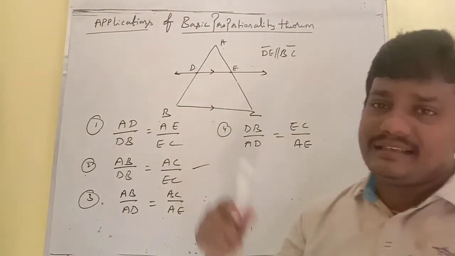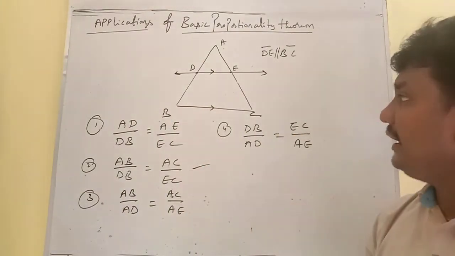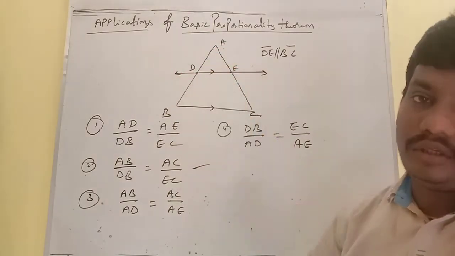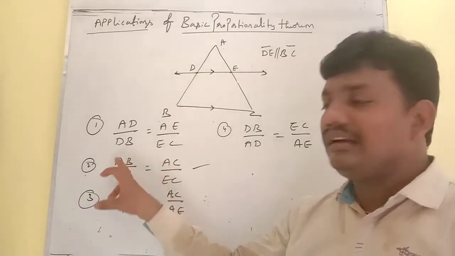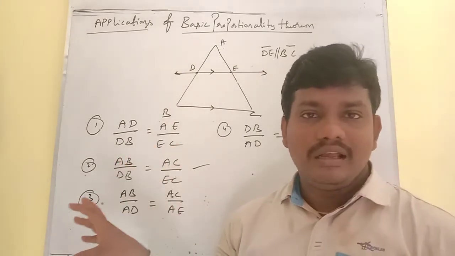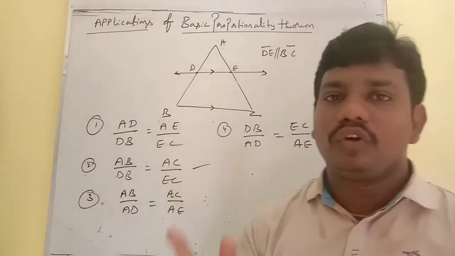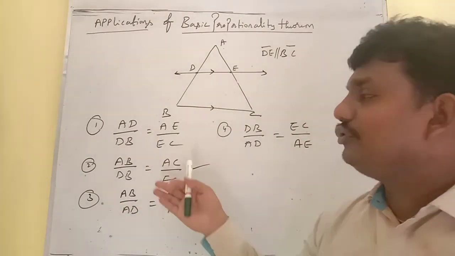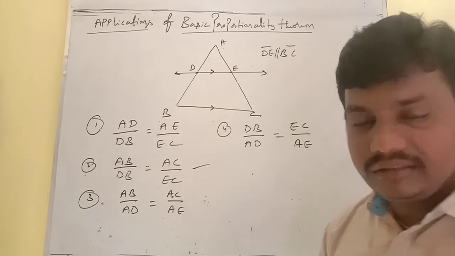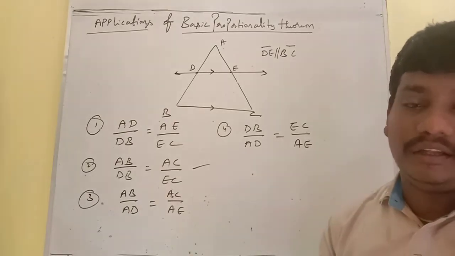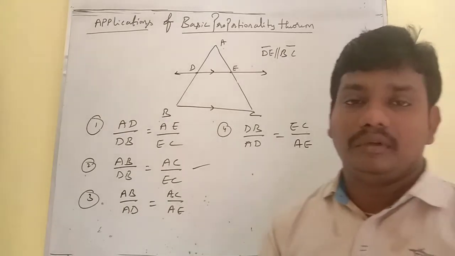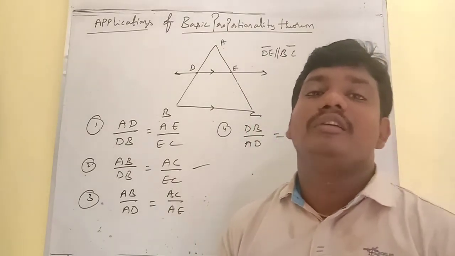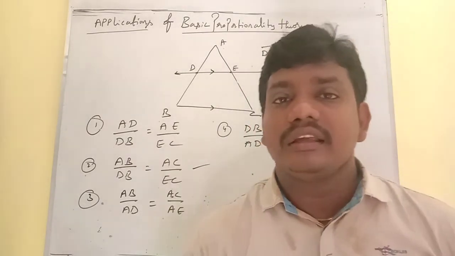Where is it exactly used in a triangle? If some portions are given, we find another portion. Here four quantities exist, and among these four quantities, only three are given. We are going to find the fourth quantity. How to find the fourth quantity here? Because it is direct proportionality, this is a proportionality symbol. Now we are going to observe how questions are solved by using the basic proportionality theorem.